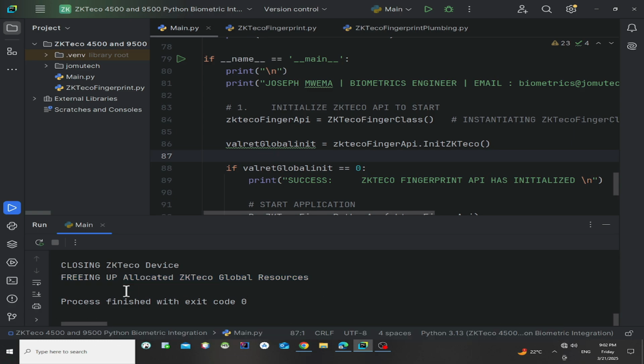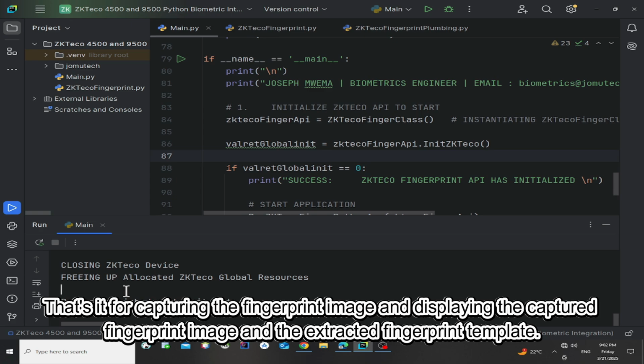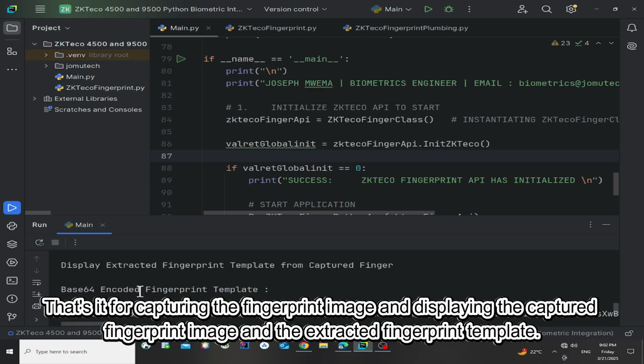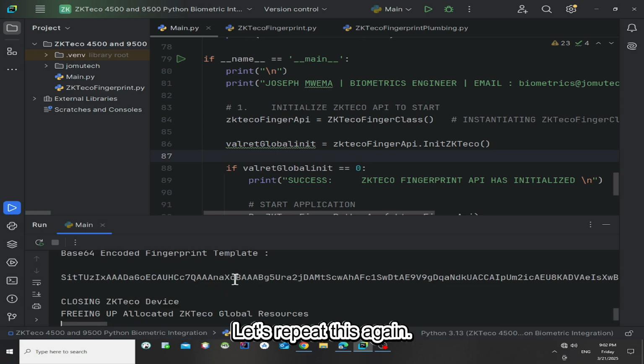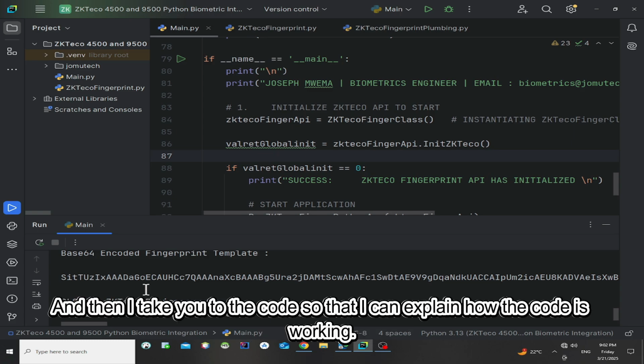So that's it for capturing the fingerprint image and displaying the captured fingerprint image and the extracted fingerprint template. Let's repeat this again, and then I take you to the code so that I can explain how the code is working.